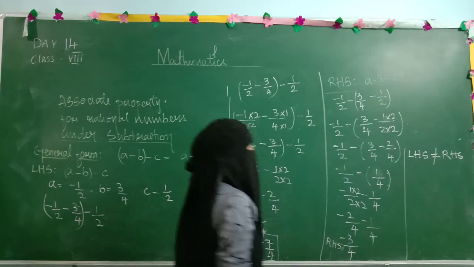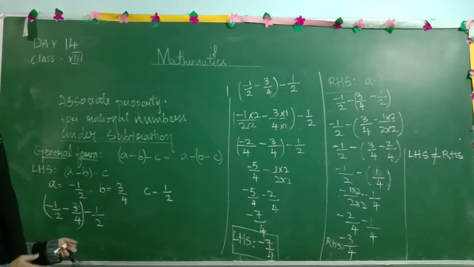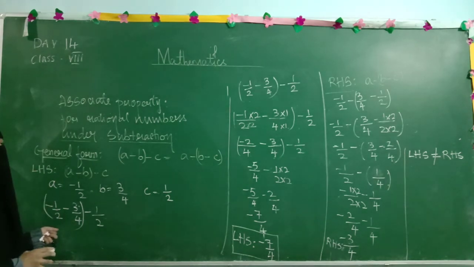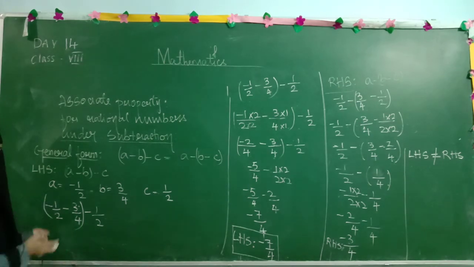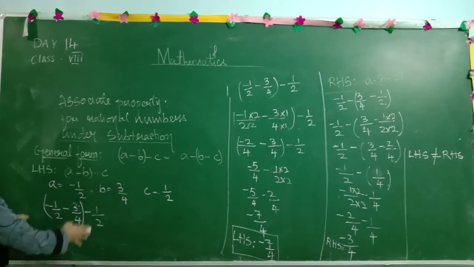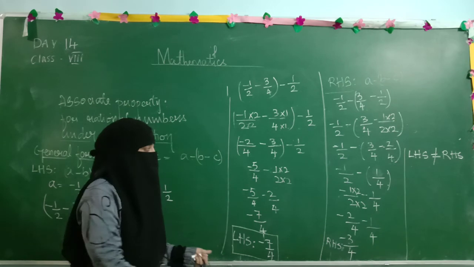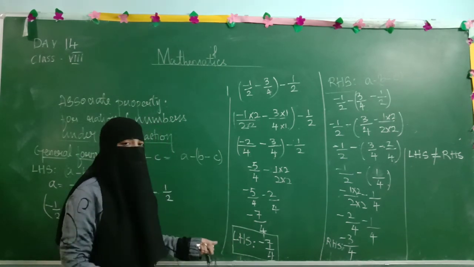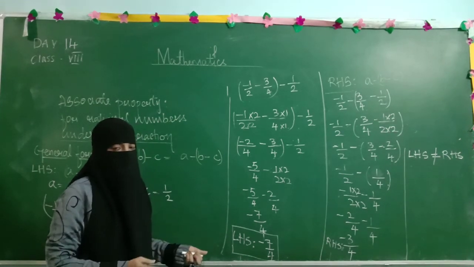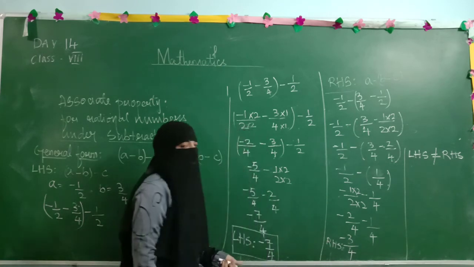Why have I done all at a time on the board? Because it will be very clear to you people. In the previous video we solved the LHS first, and after that we erased the total part, then we moved to the RHS part. Maybe you would get confused, because of that reason I have done it at a time over here, and here it is very clear to you people that the LHS part we have solved and we got it as minus 7 by 4. Simultaneously I did the RHS part beside it only, so that it will be very clear to you people to compare whether they are equal or not. And we have observed that LHS and RHS are both unequal here.